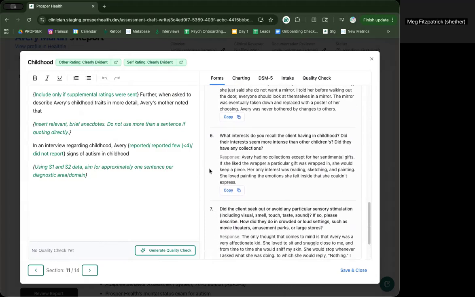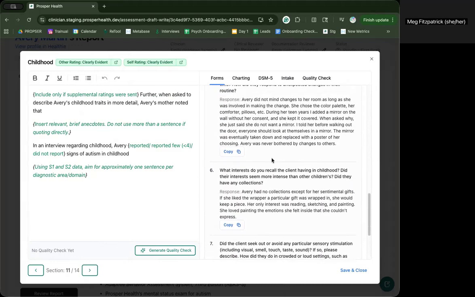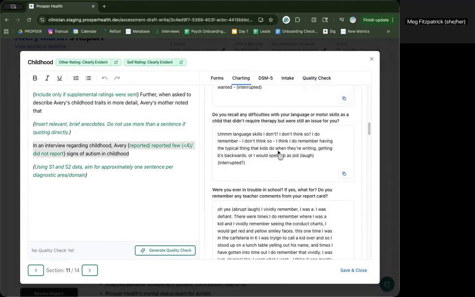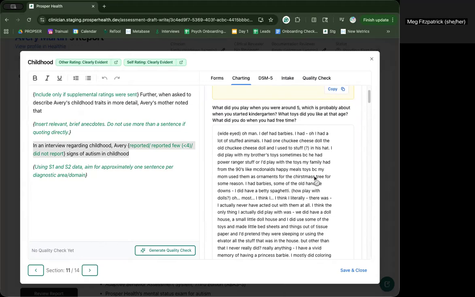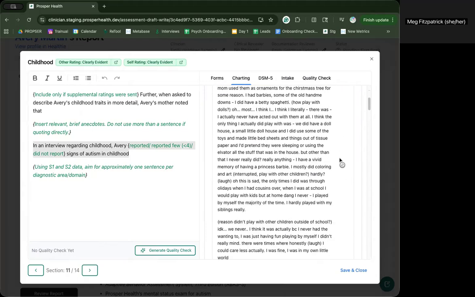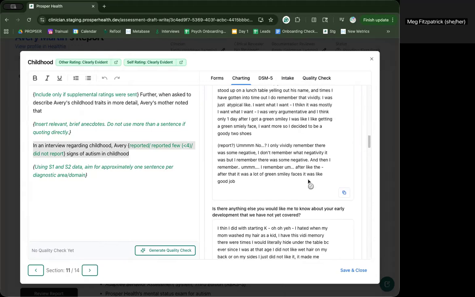In here, you can see that Mom filled out a supplemental, and we have a lot of really good information from Mom in here that we will synthesize and include. We will then also always comment about what the client said about their childhood. A really easy way to do this and to make sure this is really robust is under the charting notes up here, you'll see that we have the early history information that we took down during S1, how we were at 5, 10, 15, supports in school, language skills, all of those kinds of things,